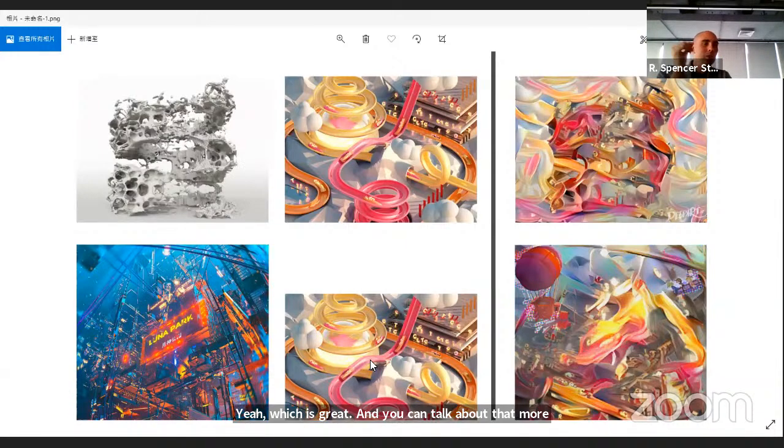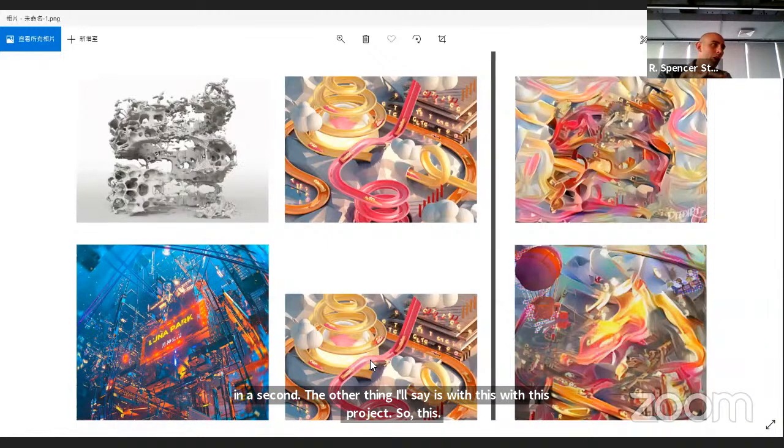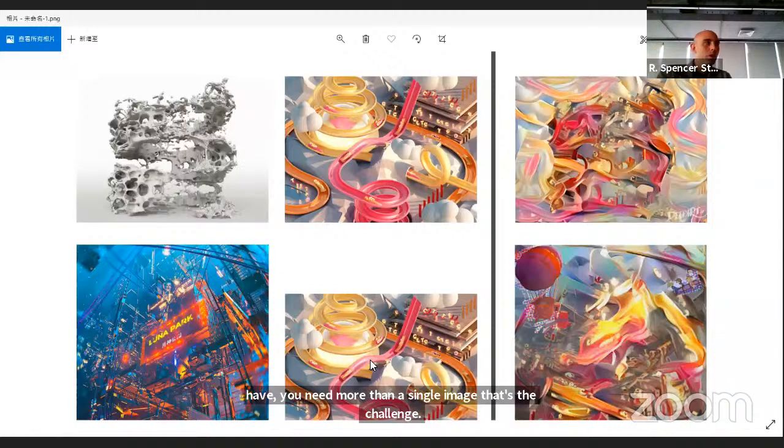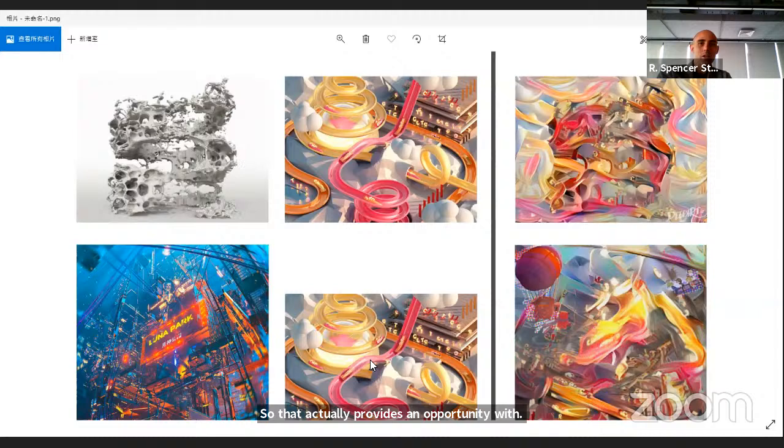The other thing I'll say is that with the process of photogrammetry or LiDAR or any of these space to digital space translation processes, you need more than a single image. That's the challenge. So that actually provides an opportunity with Gregina's project that she was showing last time. She's not with us today, unfortunately, but she was showing us this video where it's a transition between images. And I think that would be quite amazing to take through a photogrammetry process and see what the computer does